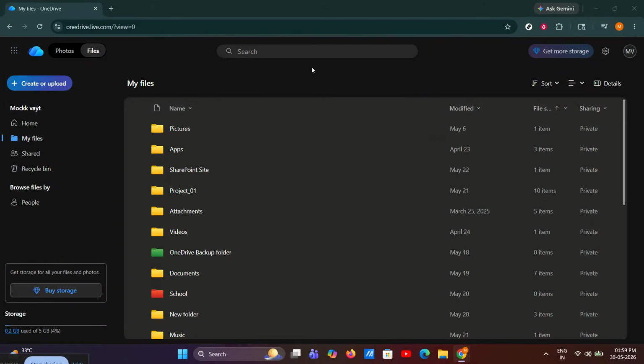If your OneDrive is running out of space and you want to upgrade your storage, this video will walk you through the process step by step in a quick and easy way. Whether you need more room for photos, documents, videos, or backups, upgrading OneDrive storage can help you keep everything organized